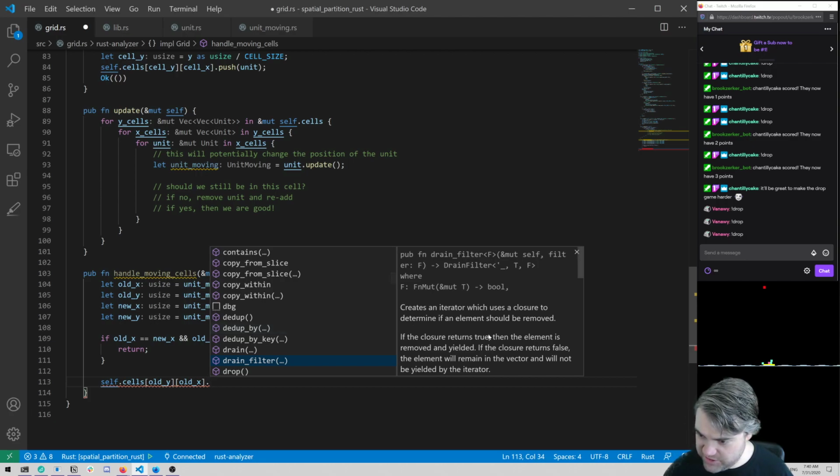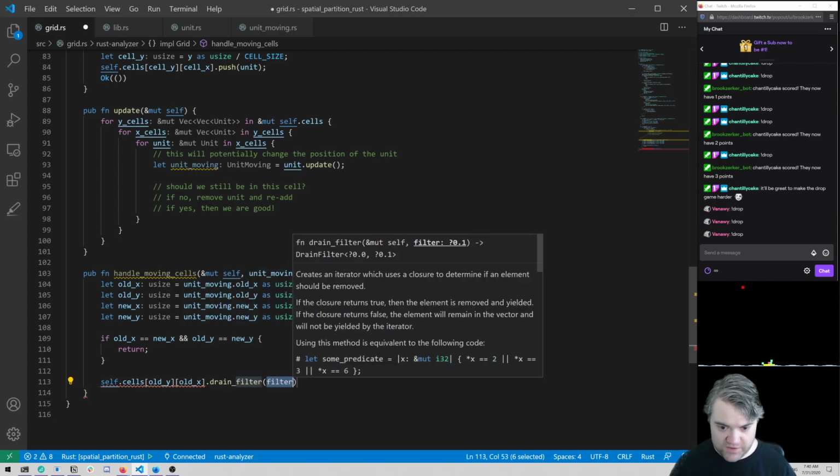It creates an iterator which uses a closure to determine if an element should be removed. If the closure returns true, then the element is removed and yielded. If the closure returns false, the element will remain in the vector and will not be yielded by the iterator. Okay, so this might be what I want. So if I do something like this,